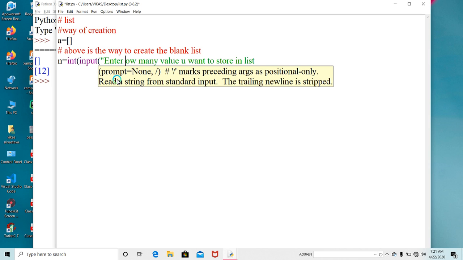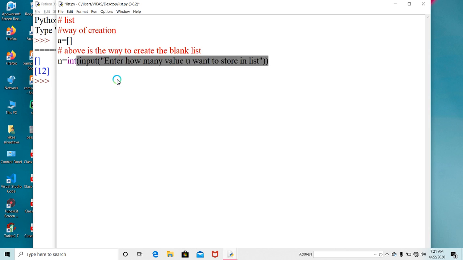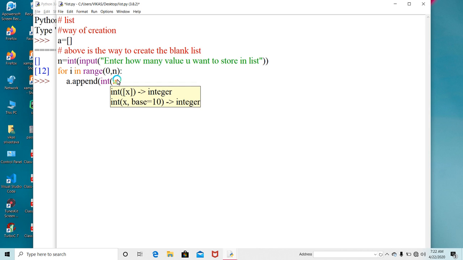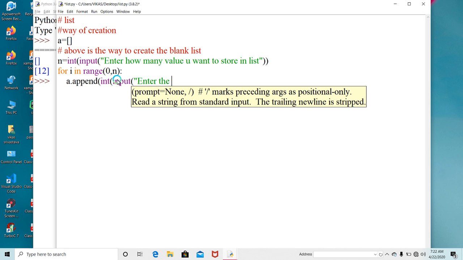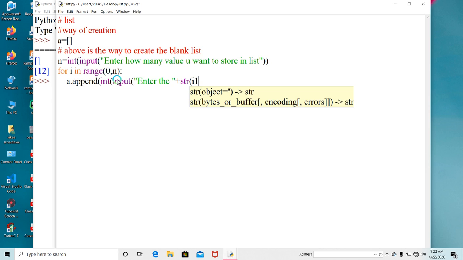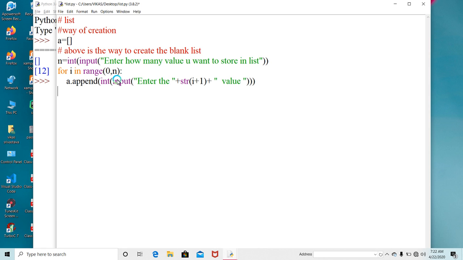Then after that, for i in range from 0 to n, I will give a message, a dot append in the bracket int in the bracket input, enter the str i plus 1 value. And then after that print A.